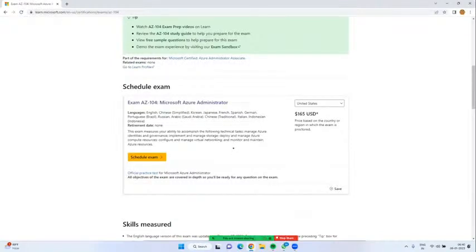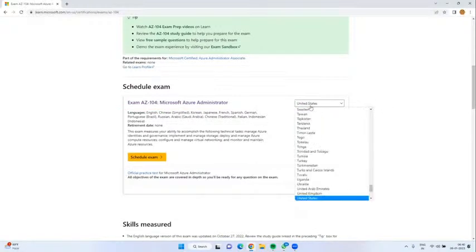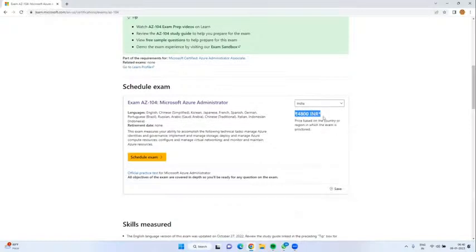You may have a doubt about what the certification cost is. This is $165, guys, 165 USD. Now change it to Indian currency. It is 4,800, and including GST it will go to 6,000.